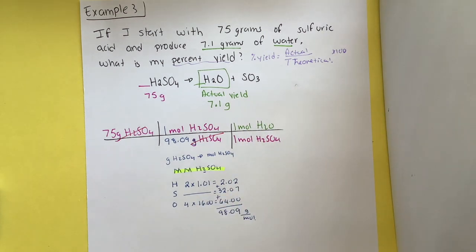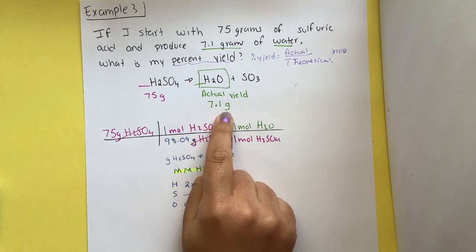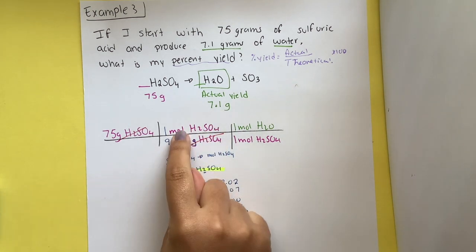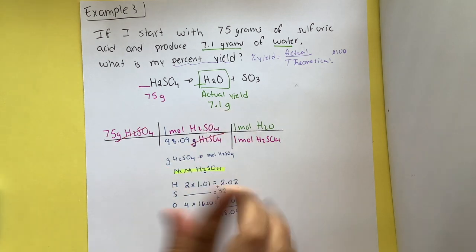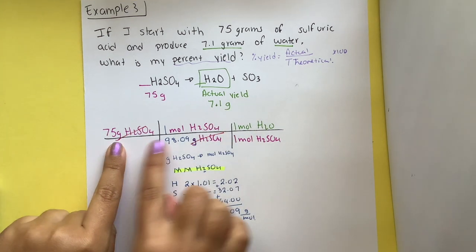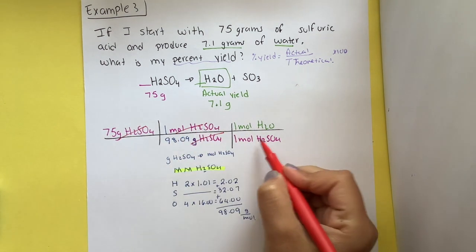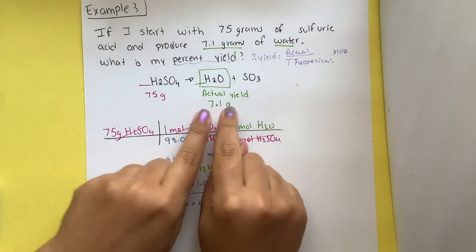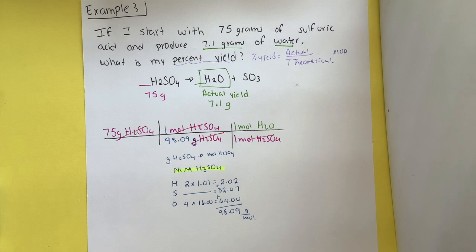Okay, since my actual yield is always going to be given to me in grams, because remember that in a lab we can use a scale to get grams. We cannot really use an instrument to get moles. So our actual yield is always going to be in grams. All that means is that we cannot stop here, because right now if we stop, we would be in moles of water. So we need to turn that into grams of water to be in the same unit as our actual yield. So we need to do one more step,